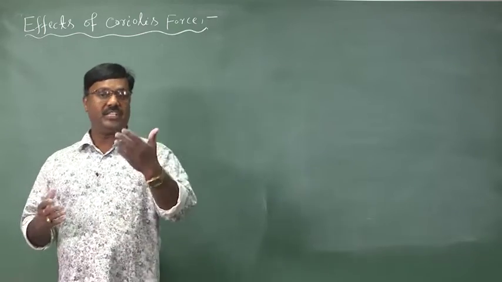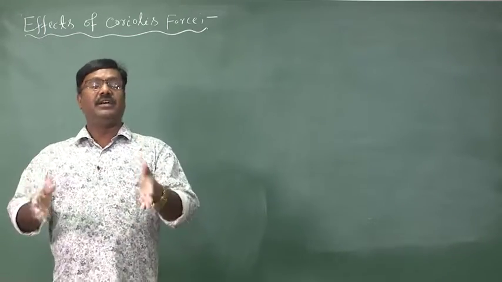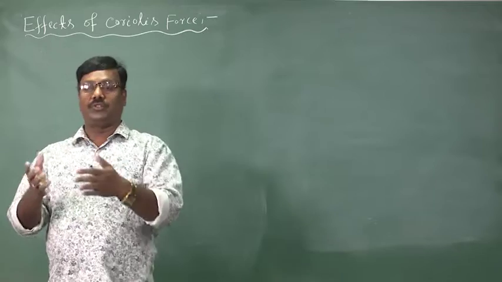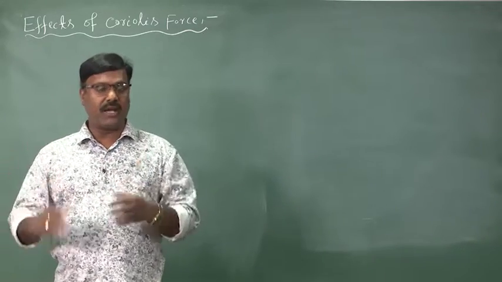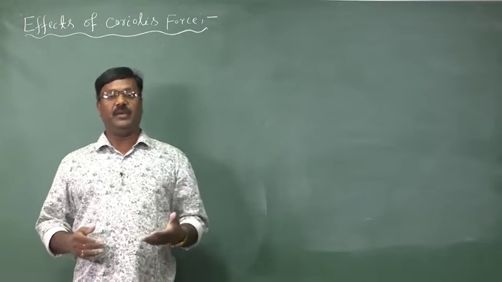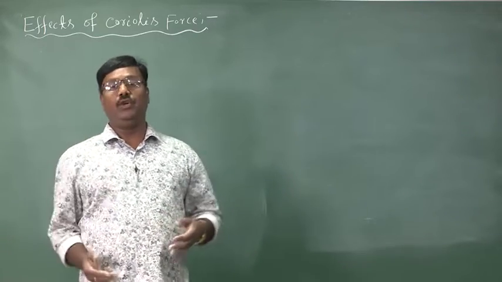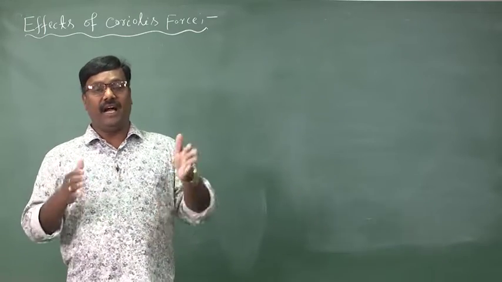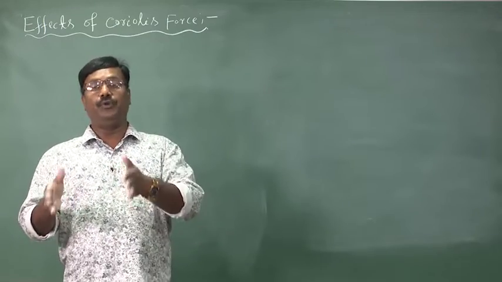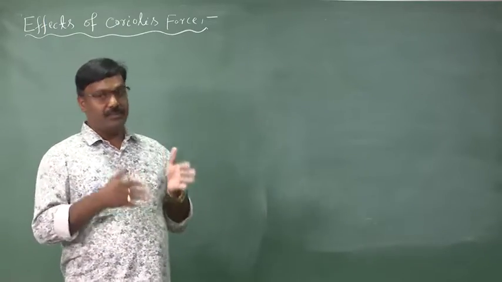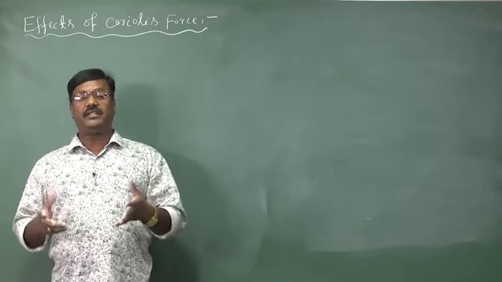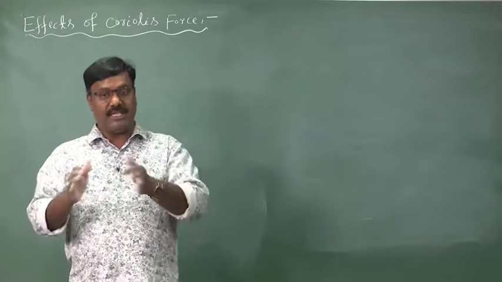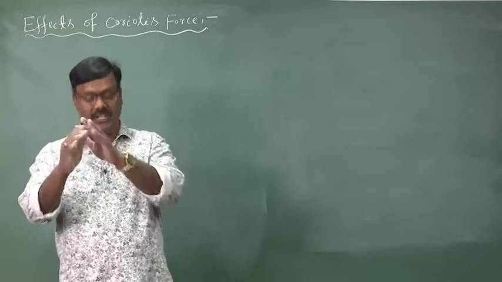So that is why the meteorology department declares that at the place of low pressure, the cyclone is developed and it moves towards its right. That is why in the recent past, there was a severe cyclone in Odisha known as Phoni, and this Phoni turned its path towards right. As a result, it struck at Puri, and there was severe damage in the city due to the severe cyclone, which is due to the effect of Coriolis force.